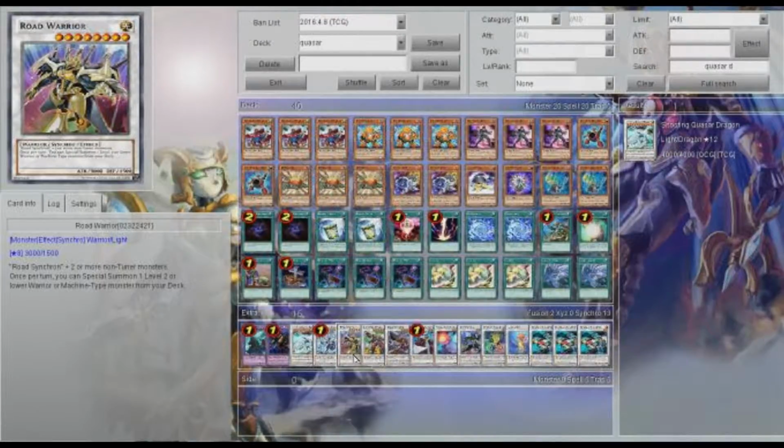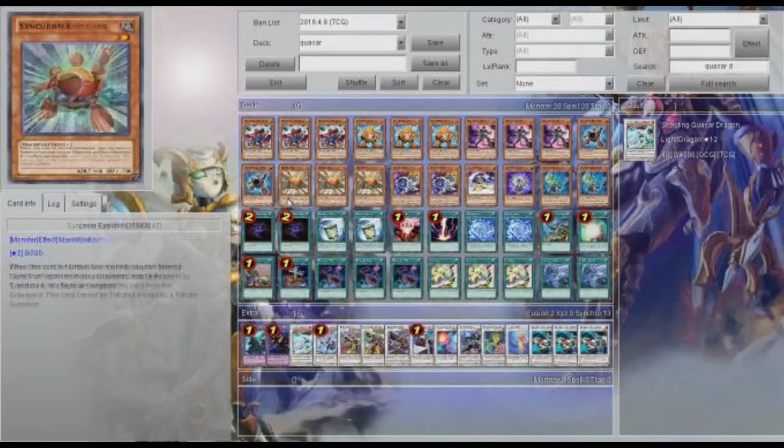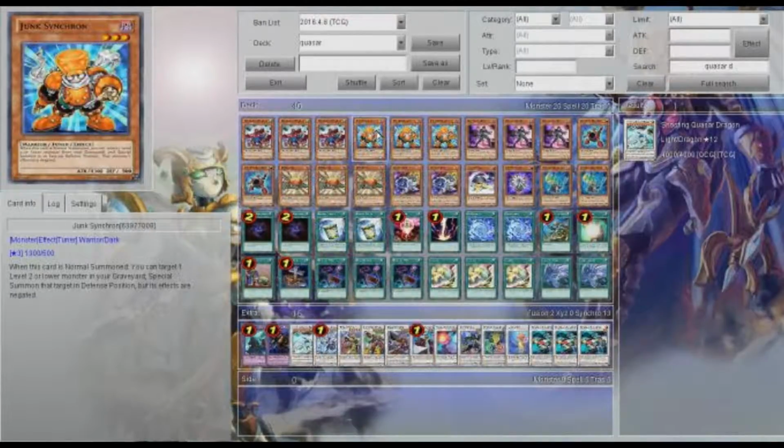I don't know. There is this 3-card combo with these guys. Wow, I can't believe I've messed up on that. There's something I'm missing there that's really bothering me. But oh well. For the rest of the cards, we have Junk Synchron, who is, like I said, great to